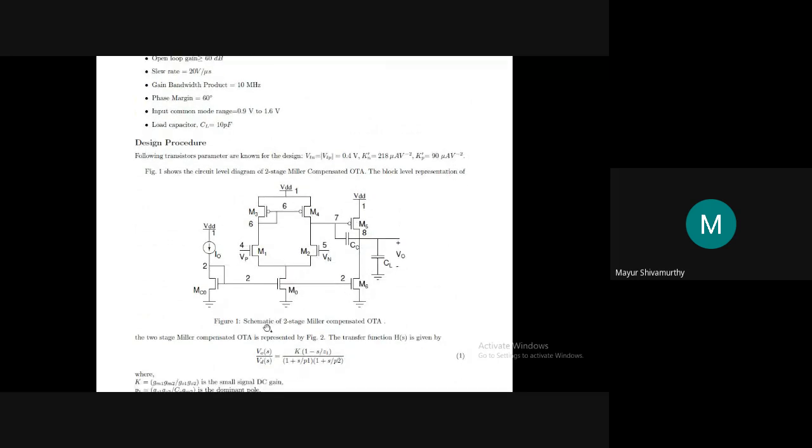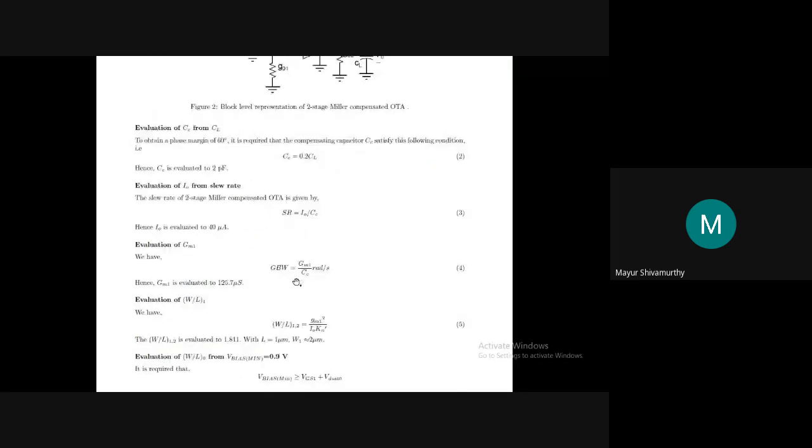Now, once we have determined the M1 and M2 dimensions, next thing is to determine the dimension of this tail current M0. Fine. So how to do that? So we have finished with this. Let us go to the dimension of W by L of M naught. That W by L of the tail transistor is obtained from the input